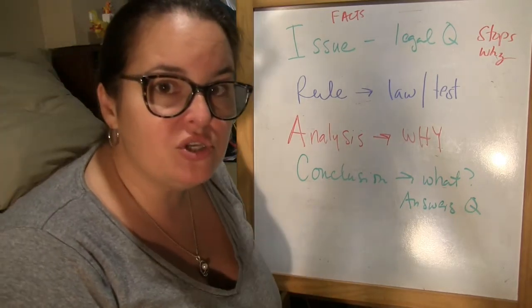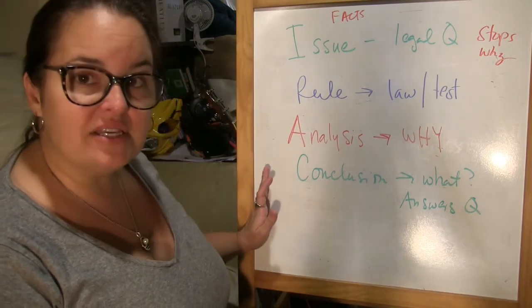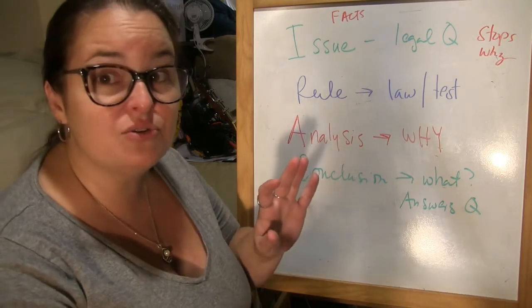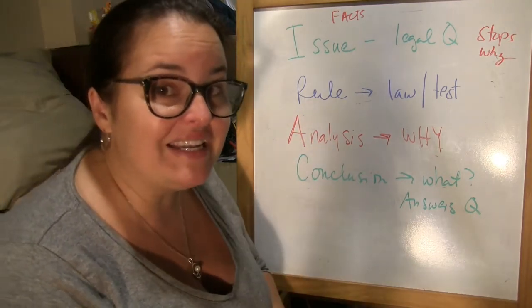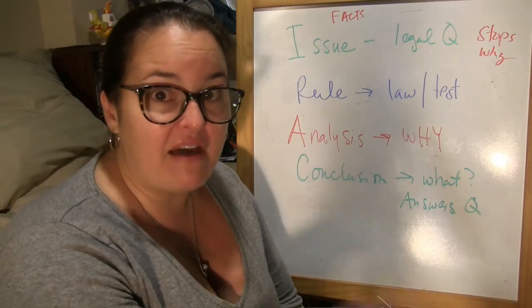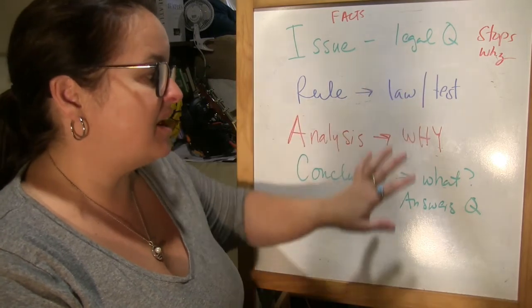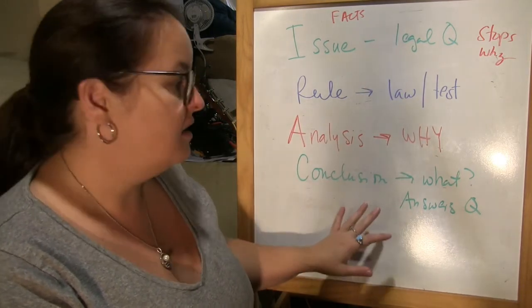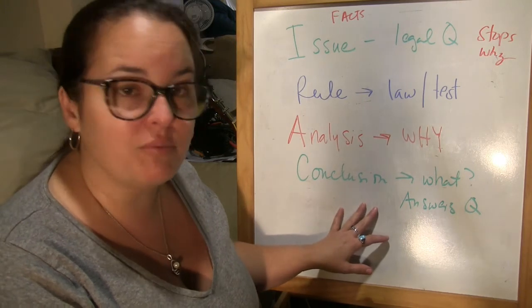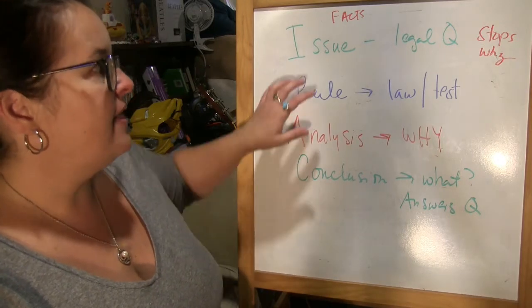So when I'm actually using an IRAC brief, this is what matters the most, because I can have a stack with the same issue. But if they're all constitutional, if they're all good stops, that is not going to help my client. That's the stack of briefs that the prosecutor is going to have, not me. So I want to make sure that I have the legal issue correct, and I want cases that support me and support my position that the severed heads should be suppressed. So that is what an IRAC brief looks like.